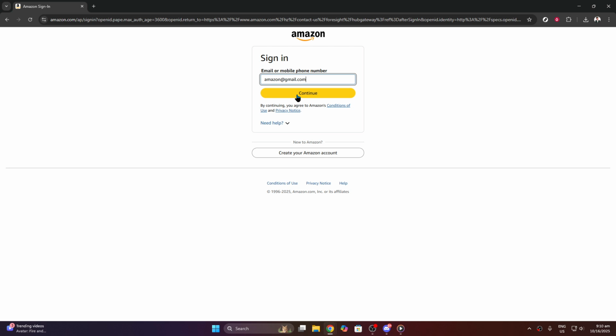On the sign in page, click on the field labeled email or mobile phone number. That simply focuses the box so you're ready for the next action. Now click Continue. Depending on your account and region, Amazon may prompt you for additional verification on the next screen. A quick reminder, only enter information on the official Amazon sign-in page and never share one-time codes or passwords with